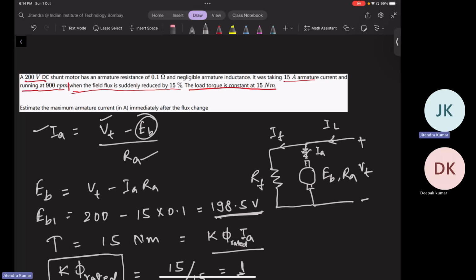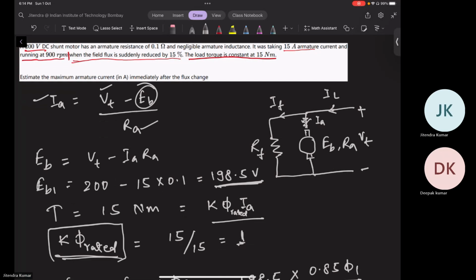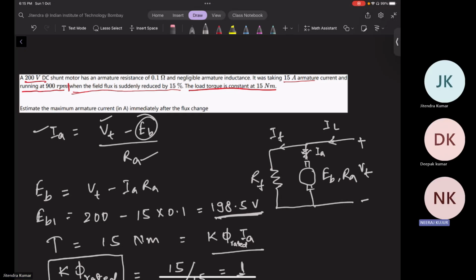And since it is mentioned that your motor is running at 900 RPM, your motor has to run at 900 RPM. It is not saying your flux is reduced so you can reduce your speed as well. The load torque is constant at 15 Newton meter. It means when you are reducing your flux,